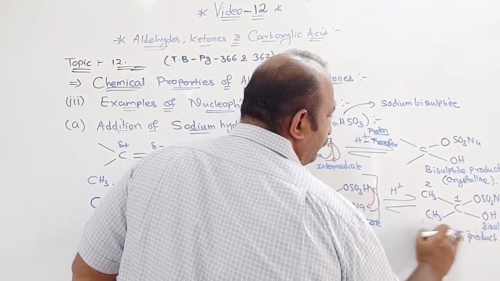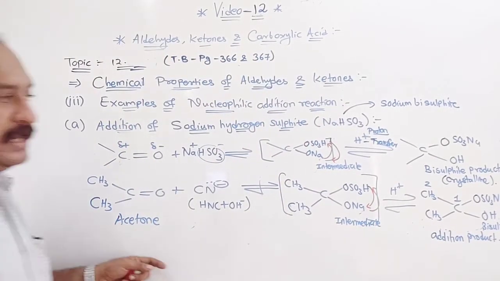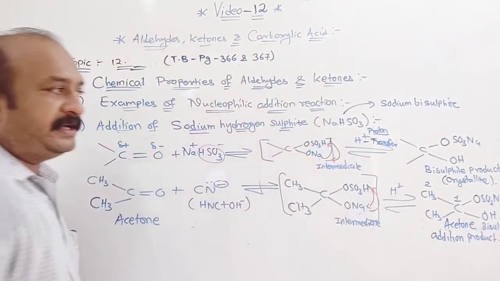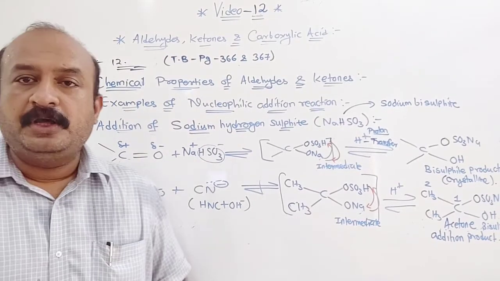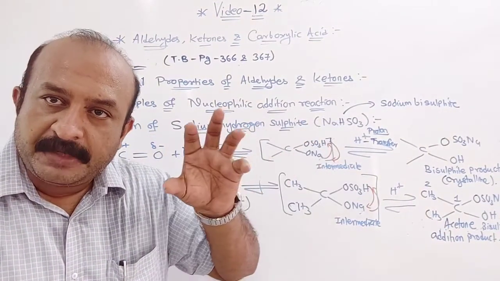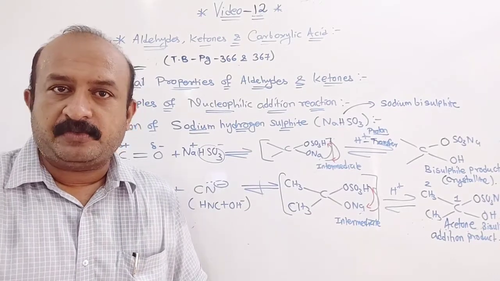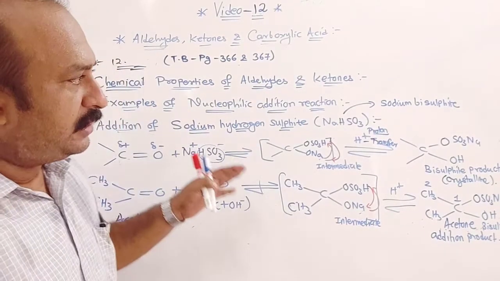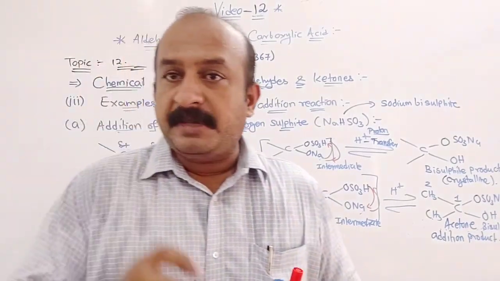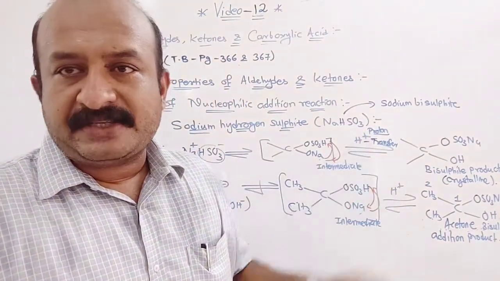Understood? Now this part again we will change. Now what do we use here? We use acetone, that is propanone, so it will be acetone bisulfide. Understood this part? So this was all about the addition of sodium hydrogen sulfide, or sodium bisulfide is another common name. Understood this part? So this was all about the addition of HCN, in which the HCN reaction is slow. So you have to use a base as a catalyst and you will get a cyanohydrin product. While in this case you will get a bisulfide product.